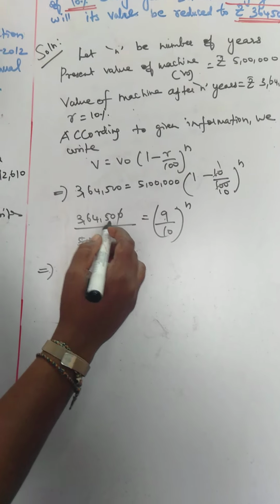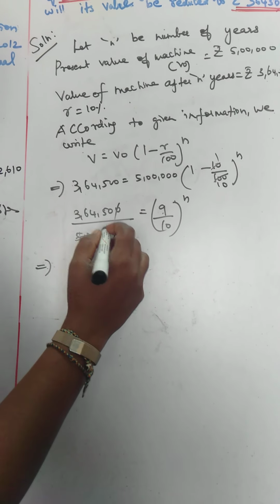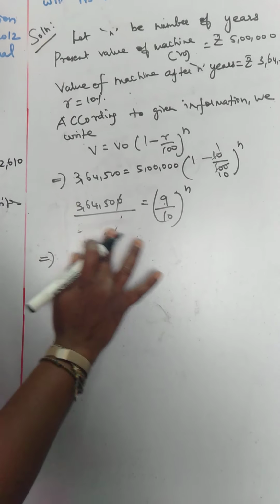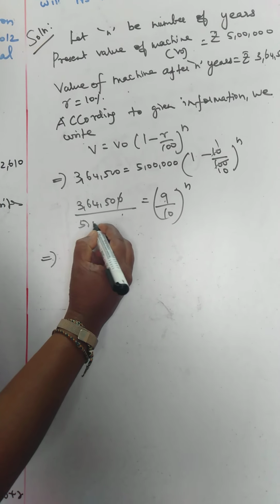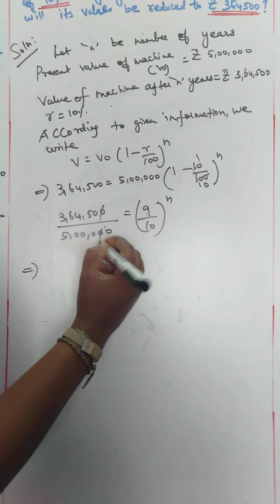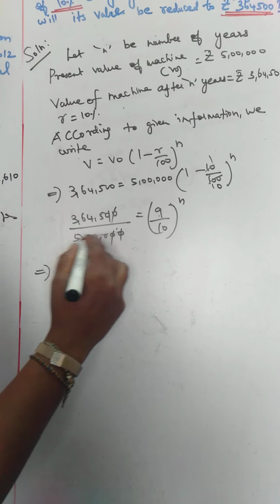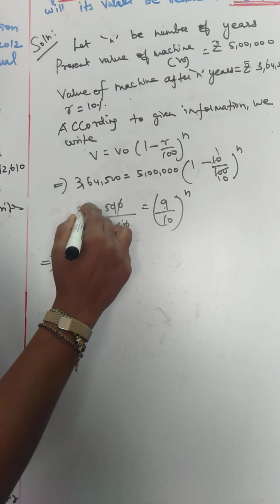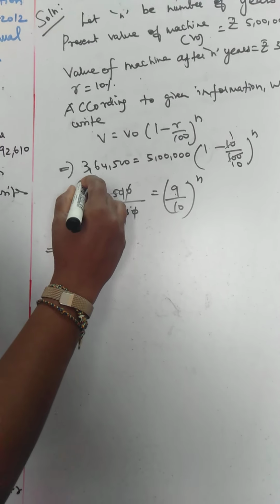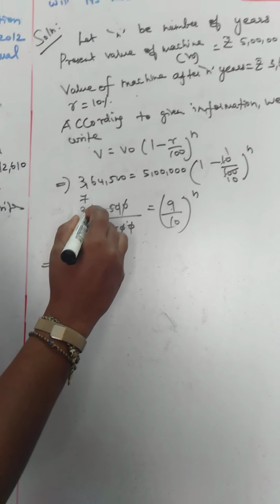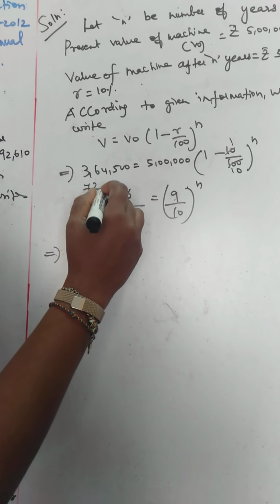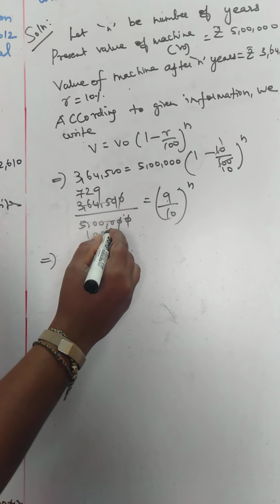Then another one more 0 we can cancel, right? So which is what? 2 zeros we cancel. This 5 table means 1000. This 5 table means 7 times 35, then 2 times 45 is 9, 729 and 1000 you are getting.